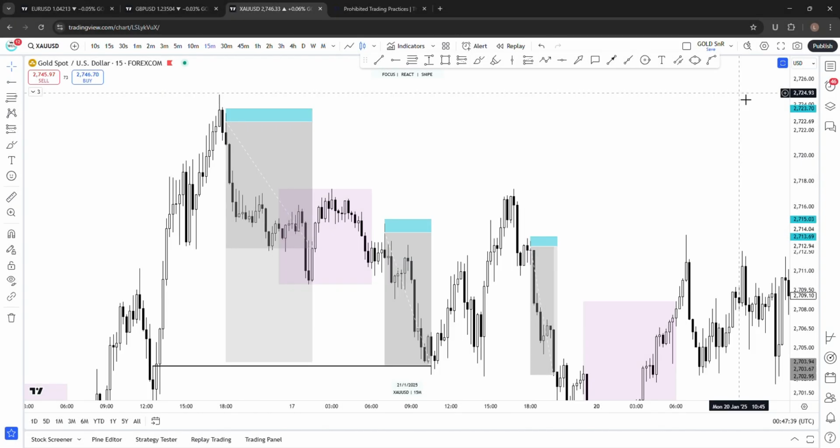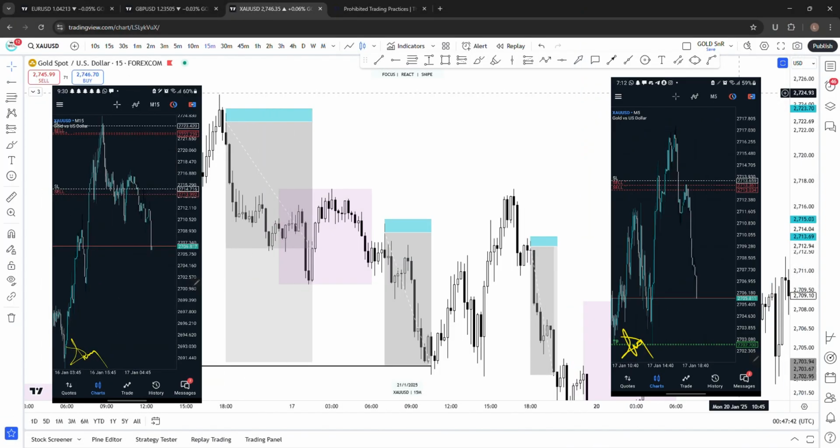So these are three beautiful gold trades which I took last week, and I'm going to show you how I caught these trades all the way from higher time frame to how I got my entries on the 1 minute